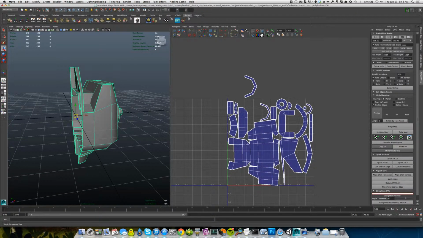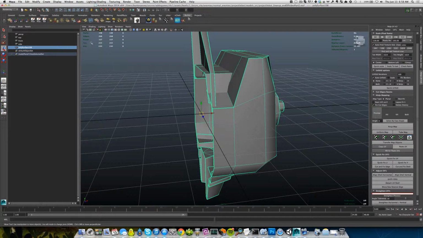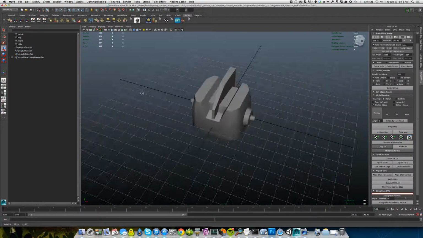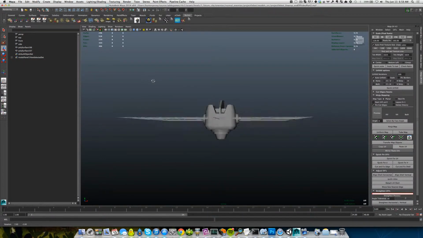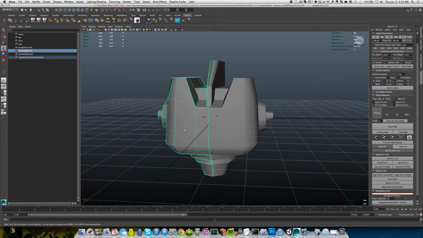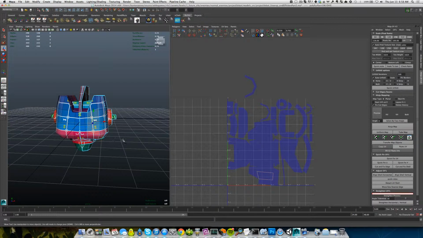Let's see what is going on. There we go. I was just going to duplicate him along the origin, that'd be fine, and we'd have this guy ready to go. But whatever details we painted over here or over here in the texture, they're actually the same space. So when I select this guy,